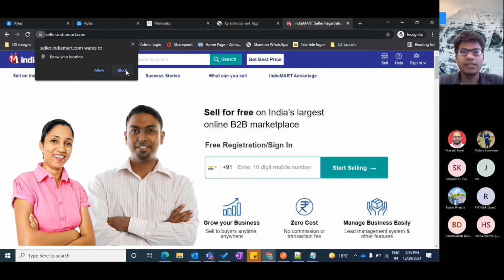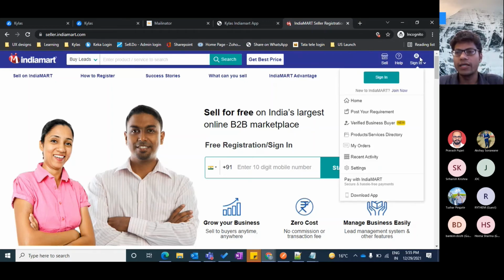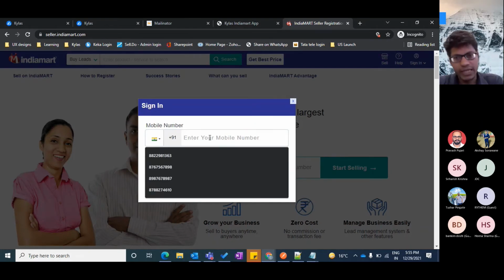As we are aware, IndiaMart is one of the largest B2B platforms, right? There are many times we are running our business on IndiaMart as well. We are getting people's interest from IndiaMart, and along with Facebook, it becomes very essential to get your leads directly from IndiaMart. Whoever has shown interest in your business listing through IndiaMart, they send those items as leads, and mostly they send the leads in CSV format. But since we are in a CRM, we would like to have those leads in our CRM directly.